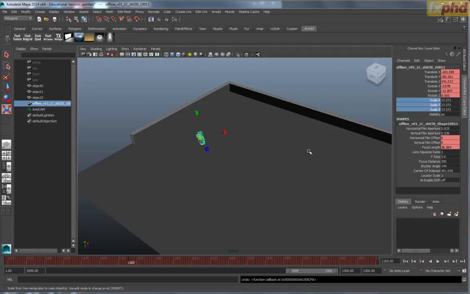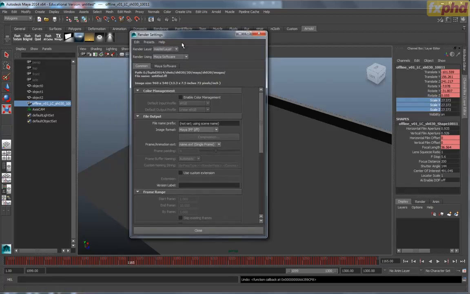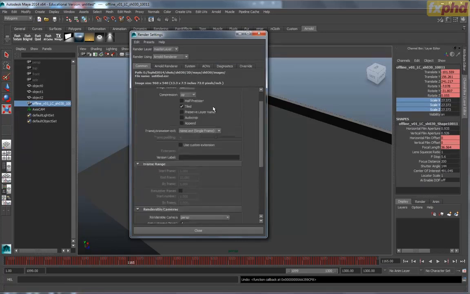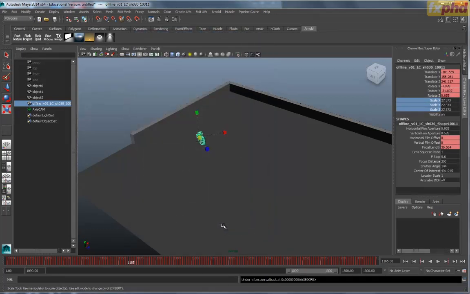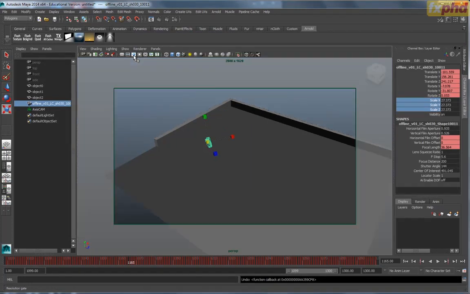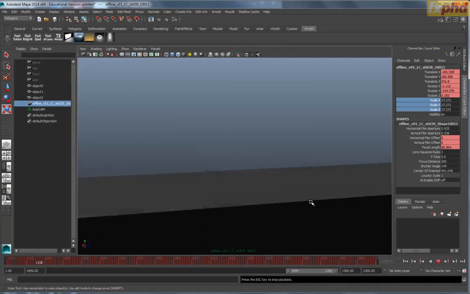Now we want to set the correct resolution for rendering and for viewing. So let's go to the render globals. We can already change it to Arnold renderer, since that's what we're going to use later on. For now, it doesn't really matter. We want to change the renderable camera to our camera. Let's change the resolution to our resolution, which will be 2880 by 1620. That's okay. Now we can turn on view resolution gate here, and if we look through the camera now,